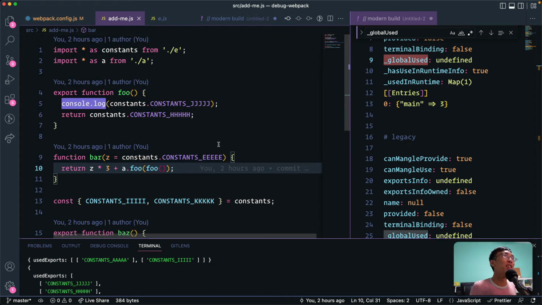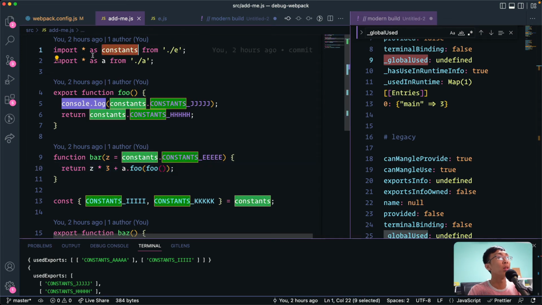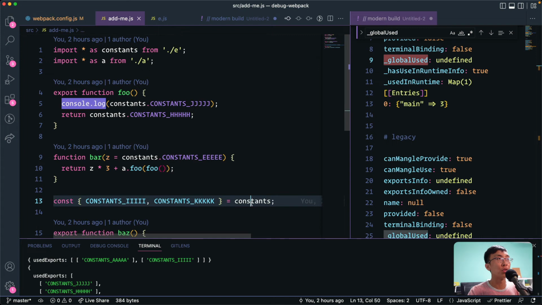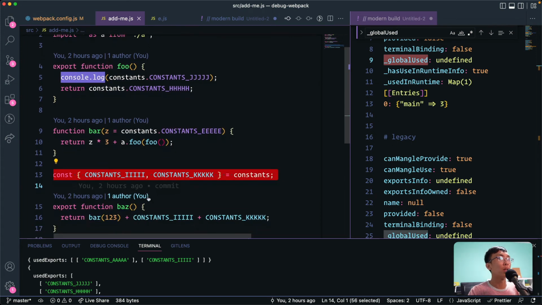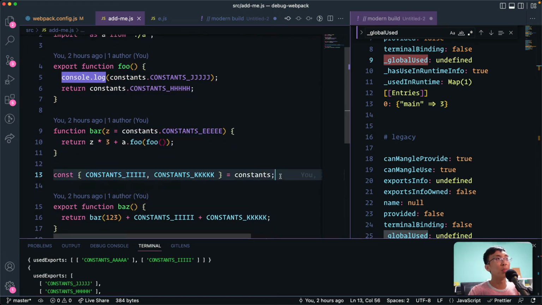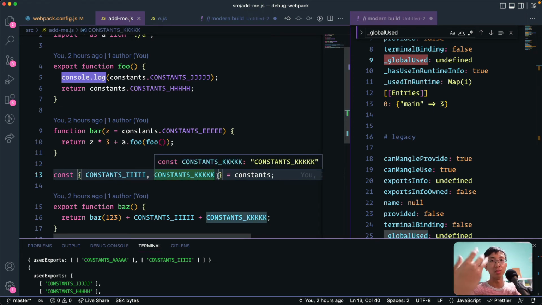Why? I don't know how, but it chanced upon me that we know we are importing constants, and somehow I saw this line where we are destructuring this thing. I was like, is it because of this that you have no idea what is being used? There's a lot of things that I missed out in this reenactment, but I did